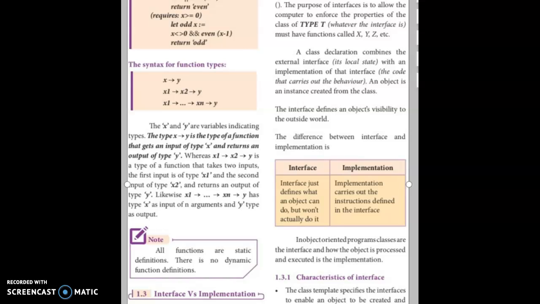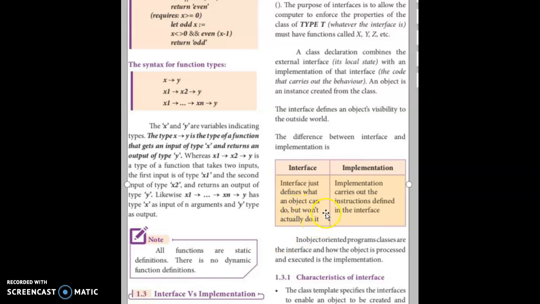An interface defines an object's visibility to the outside world, depending on its behavior. And here the interface must be visible to the outside world. Now we see the difference between interface and implementation. An interface just defines what an object can do but won't actually do it.